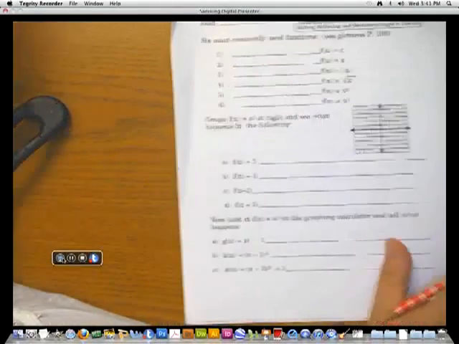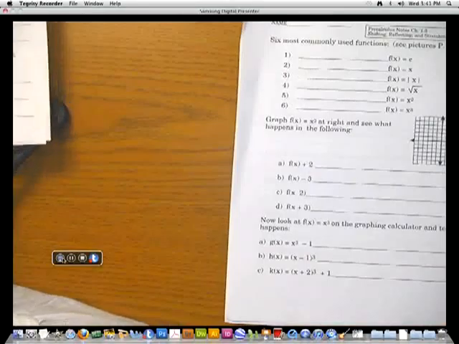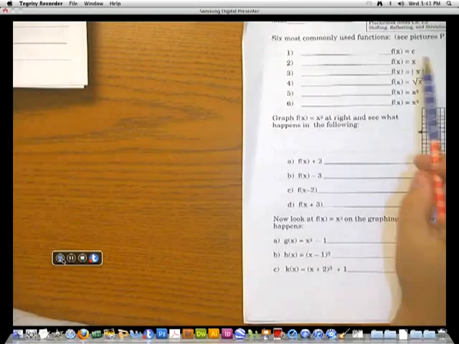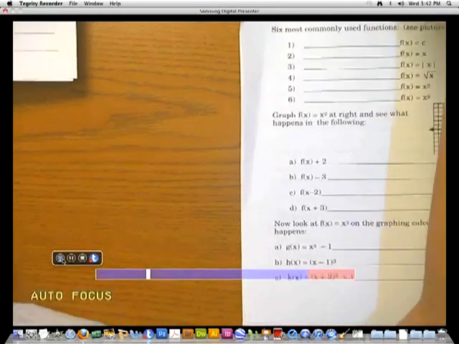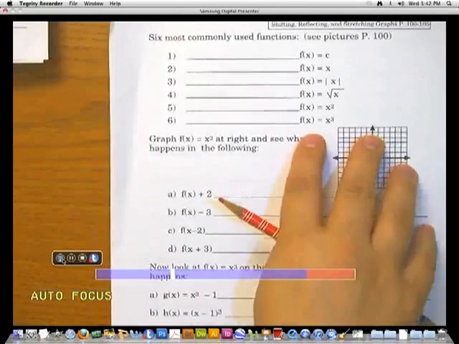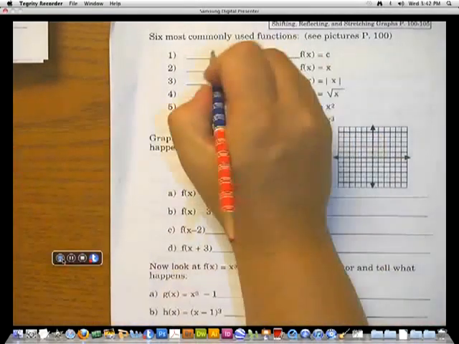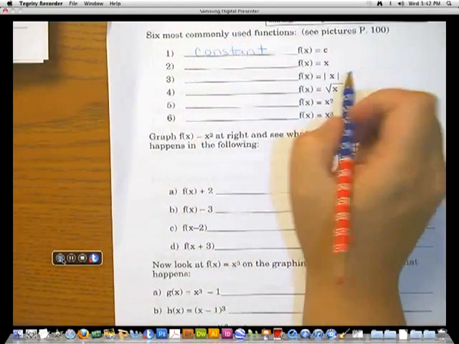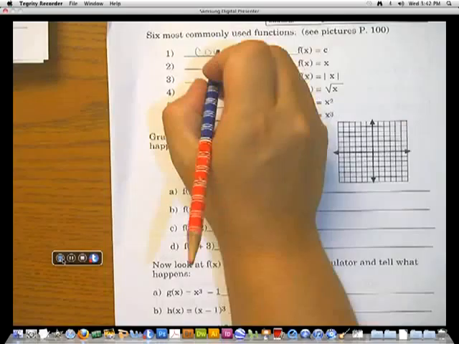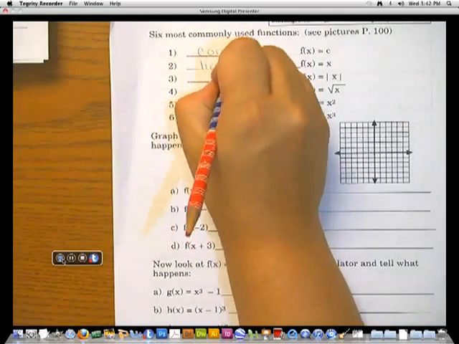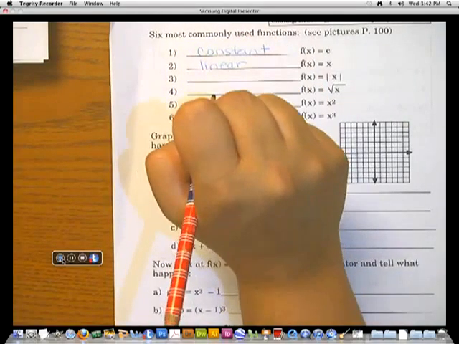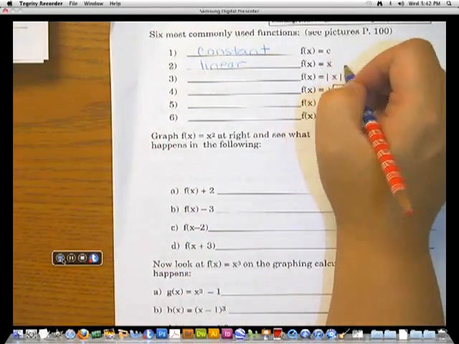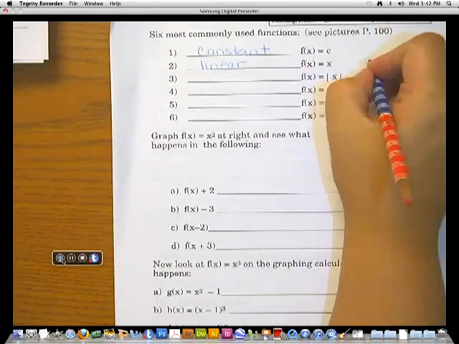We have chapter 1.3. The first part is filling in vocabulary. Whenever we have our equation equal to a constant, we call that a constant function. Here, y equals x is a linear function. Specifically, if there's nothing else added on here, like the m and the plus b, when y equals x, because